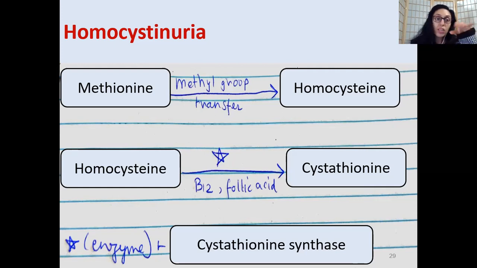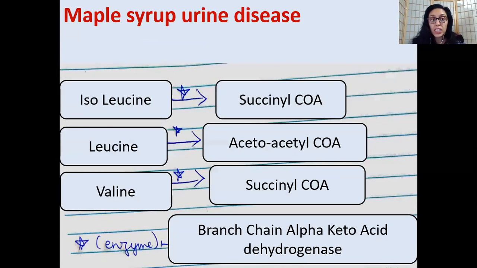All right. So with homocystinuria, you have methionine, which is converted to homocysteine in all of us with the methyl group transferase enzyme. And you have homocysteine, which is converted to cystathionine with the enzyme cystathionine synthase. Now when you do not have cystathionine synthase, or you do not have methyl group transferase, that is when you have the condition called homocystinuria. So that's why it's important for you to remember these enzyme names. Because if I didn't know all of this, I wouldn't know what the blood test is talking about. It is because I knew what this is that I could interpret the blood test. So I hope that makes sense.